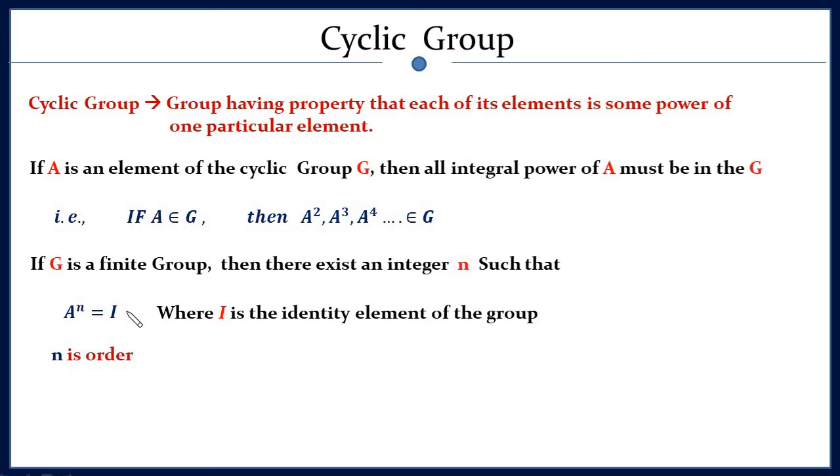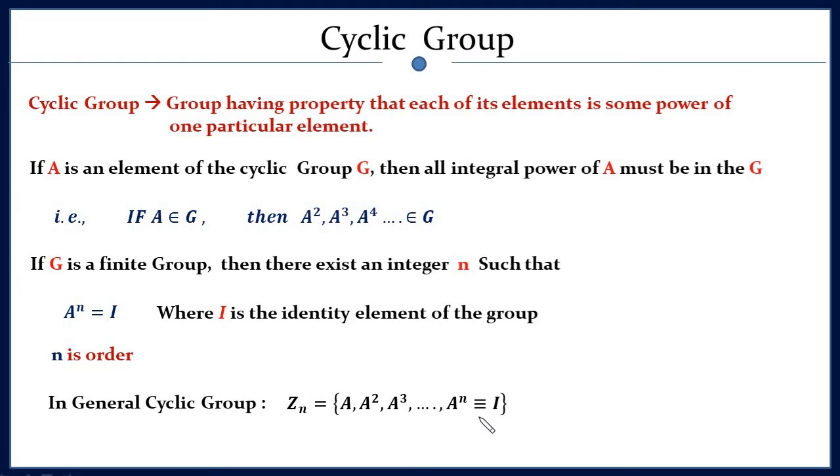Here this number n is called the order of the group because the number of elements in this group will be n. So any cyclic group is in general represented by Zn. Here n is the order of that group. If I ask you to write the general form of a cyclic group, you will write: Zn equals a, a square, a cube, dot dot dot a to the power n, and this a to the power n is nothing but the identity element of that group. So this is all about the definition and its explanation.